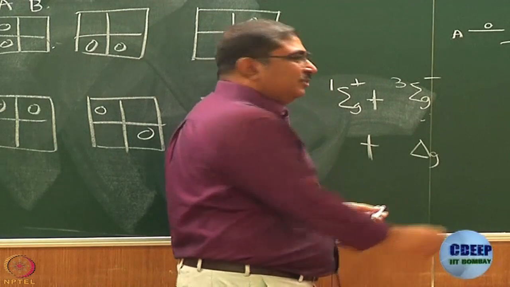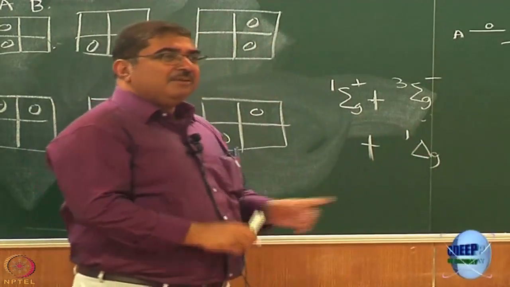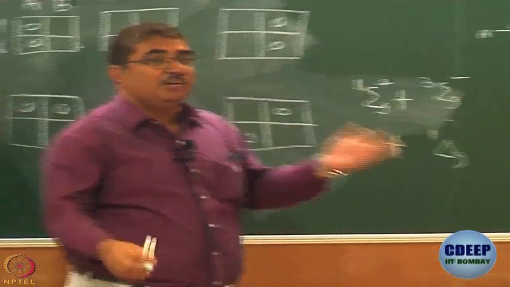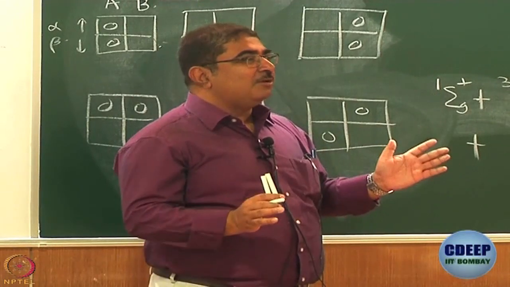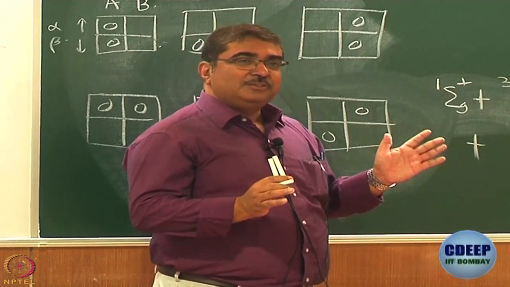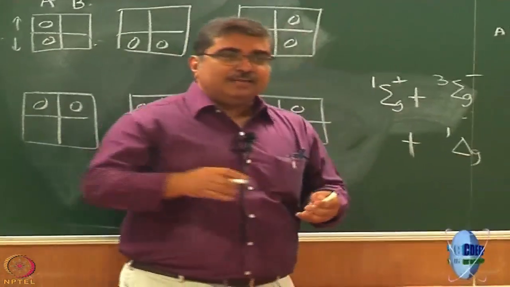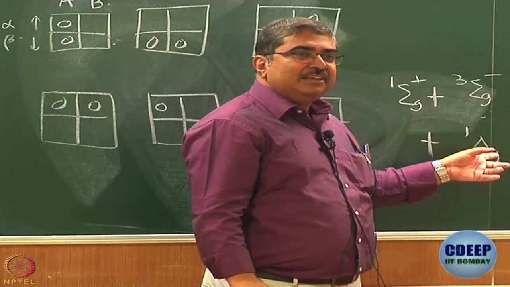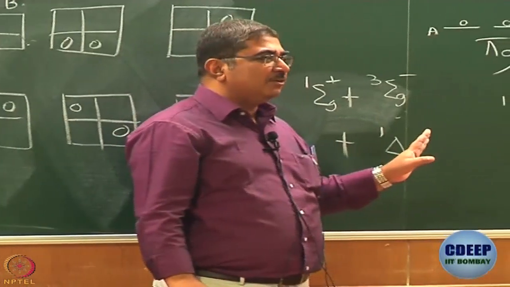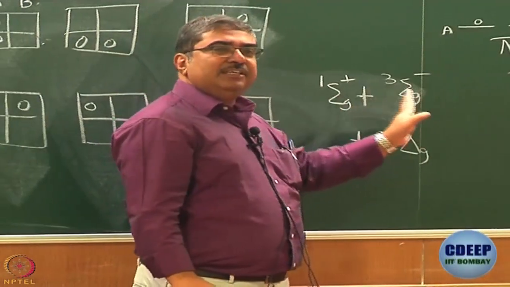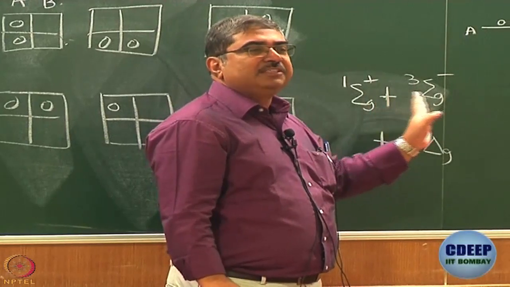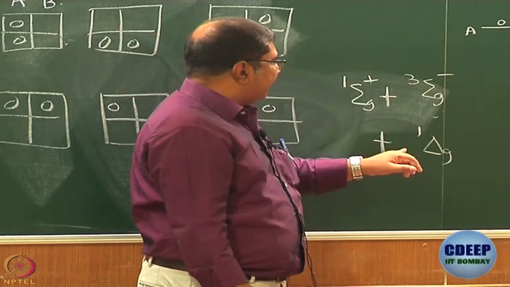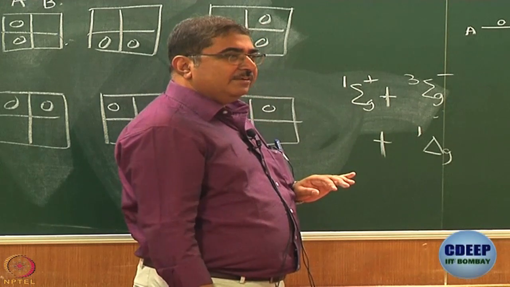So, it has to be singlet delta G, right, because triplet delta G would mean 6 states there already. In total you are allowed to have 6 states. So, it will naturally not be triplet delta G, okay. And to understand why, delta G is symmetric or antisymmetric? It's symmetric, right. That may be a little difficult because it is 2 dimensional, we will not go there, but it is not very difficult if you work out the 1 dimensional representations first. So, this is what we get: singlet sigma G plus, triplet sigma G minus, plus singlet delta G, alright.